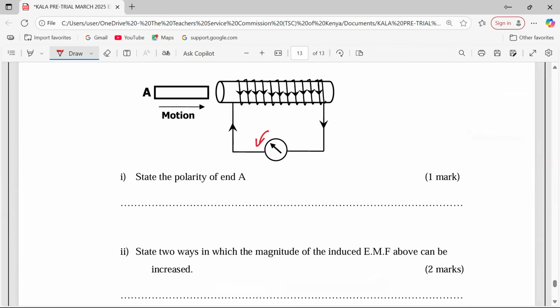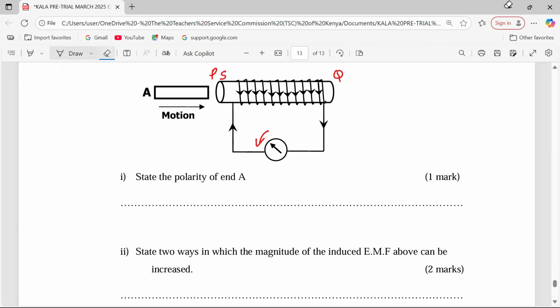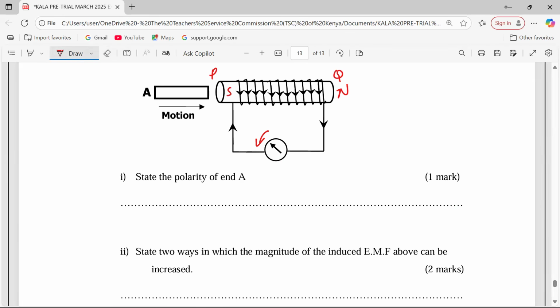Look at this. According to the diagram, we have a clock rule whereby we can check the direction of flow at point P. If we say this is P, at point P, when you observe the direction of current, it is in the clockwise direction. And if it is clockwise, that is a south. According to the clock rule, P is a south pole, and automatically Q a north. If that is a south pole, then we are supposed to get another south here and a north here. So A is a north